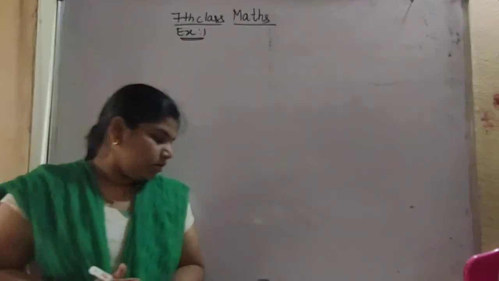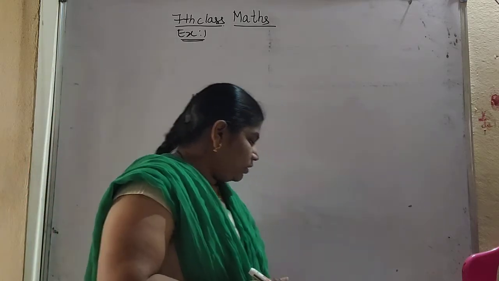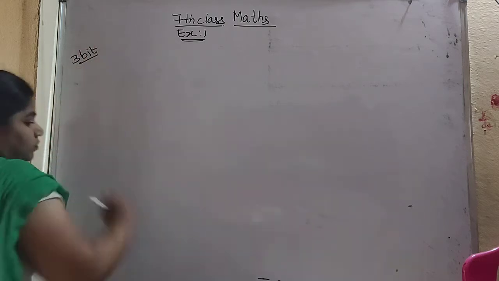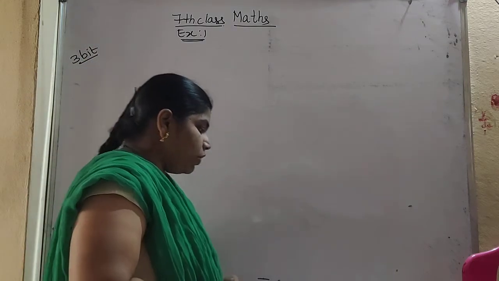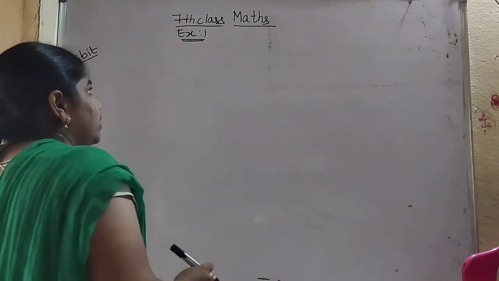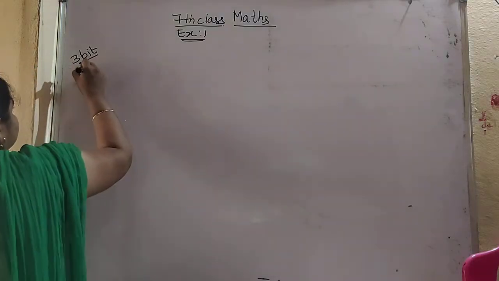So good morning everyone. We have started exercise 1. In that third bit, we are doing: write the following integers in ascending order. So we have to write the integers in ascending order. Ascending is nothing but small to big order we have to write. So first one is